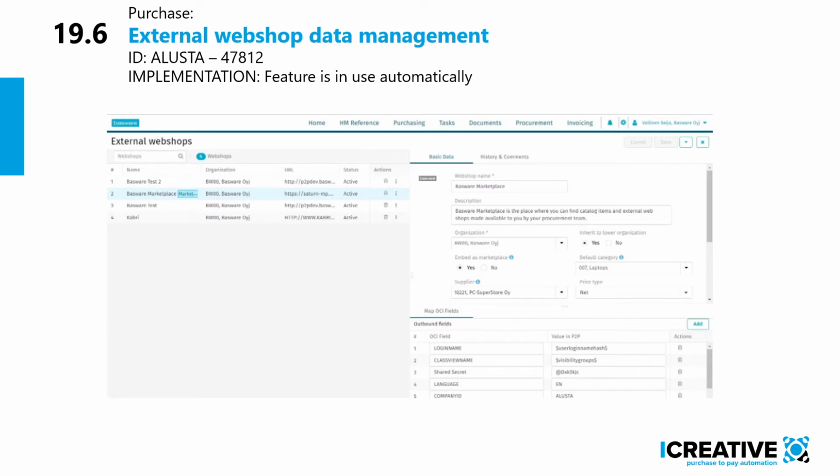All right, next one, external webshop data management. You can see this as an OCI punch out. If you have the right user rights, of course, you can now create your own OCI external webshop punch out buttons. If you have the rights, you can change this within the data management, and within the data management, you can create